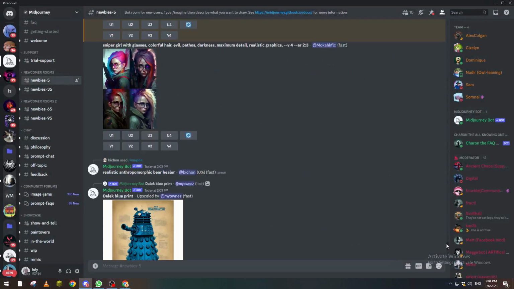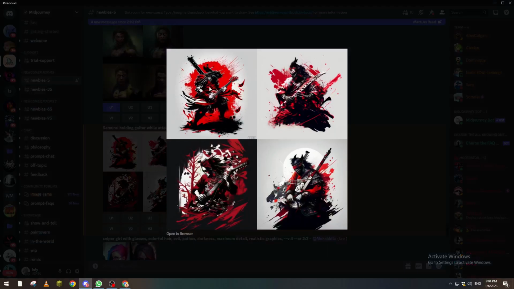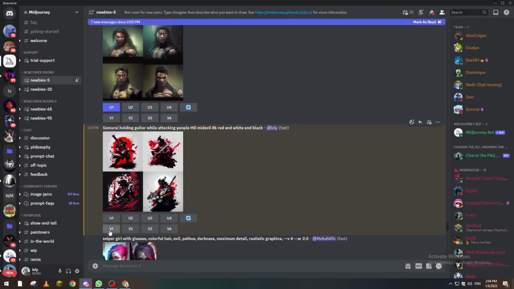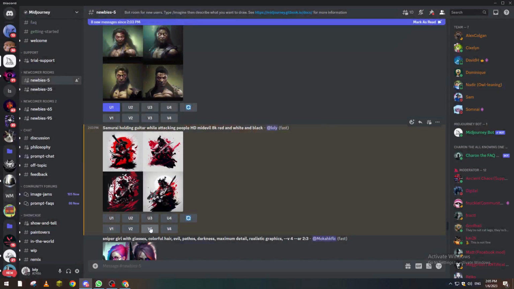Of course, now you have multiple options. One of them is upscaling one of these pictures, and the second option is a variation of one of these pictures. Upscaling means they will make this picture so much better, they will upgrade it and make it look so much better. The second thing, variation, for example, let's say the variation of number 3. What they will do is give you similar pictures of the same design. So if you click on number 3 variation and upscale number 1, let's wait a little bit